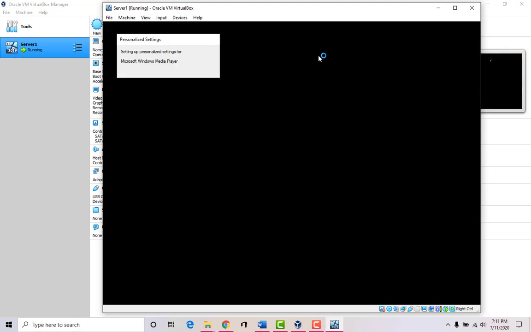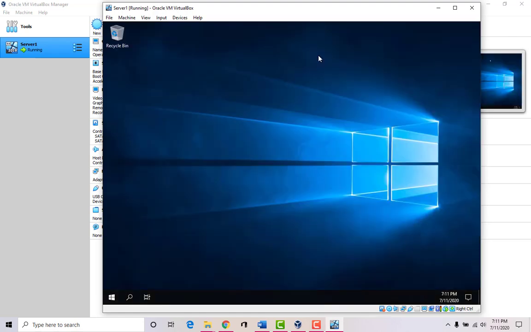So when the server is first installed, it really doesn't have any services installed. You have to install whatever options you want. So if you want to make it a web server, you activate the web services. If you want to make it a file and print server, you activate that. But the first thing that I like to do is basically configure the IP address of the server.